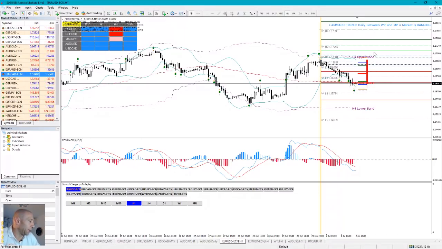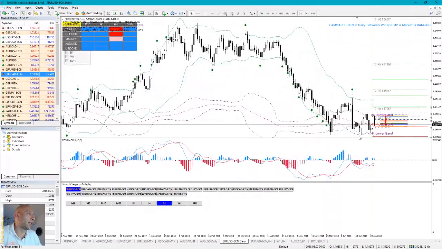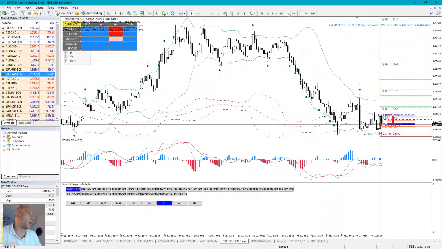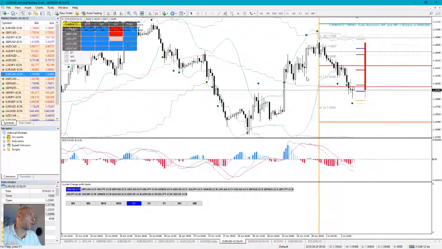So here you can see a potential rejection if the price gets here. I think that if the price gets here, we might see either a rejection here or, as I say, 1510, somewhere here. So pay attention to this zone here, basically. For sell trades, I would go with a sell tomorrow, if the market keeps doing like this, if it closes below 1610, Camarilla pivots will align in a bearish position, daily will be definitely confirmed bearish here also, in my opinion, but we will have more bearish confluence because